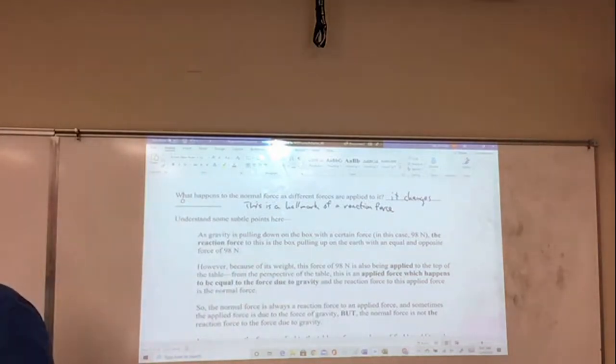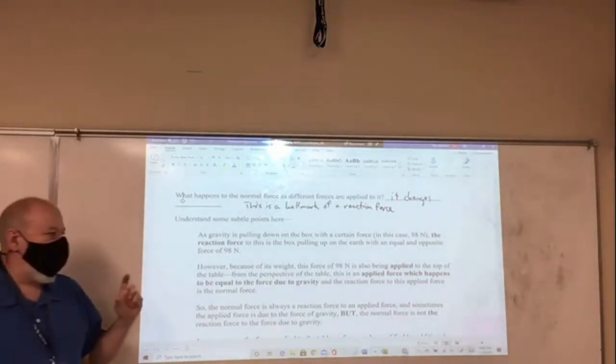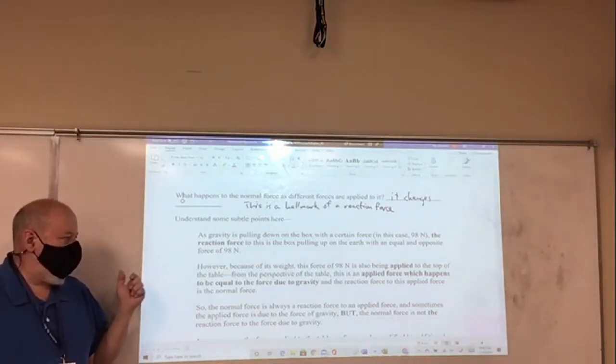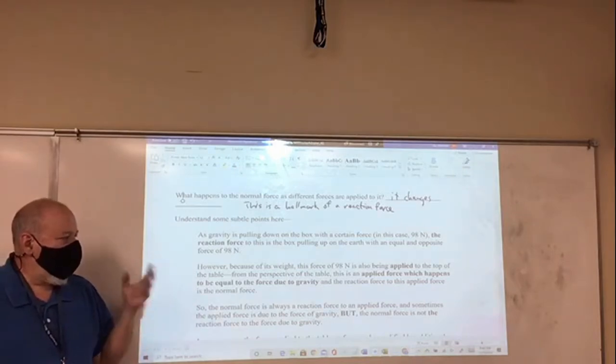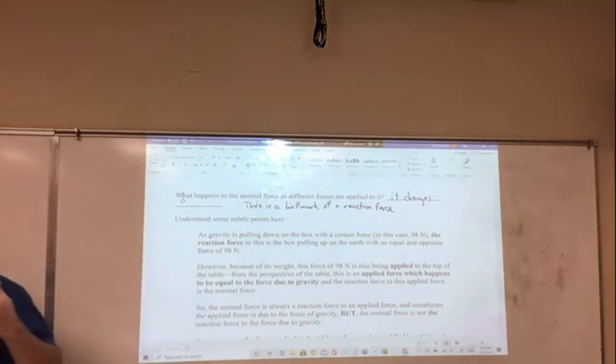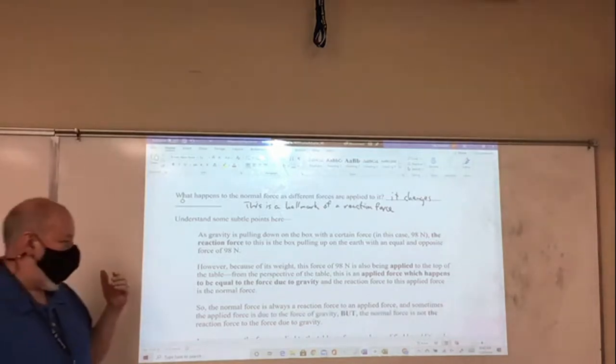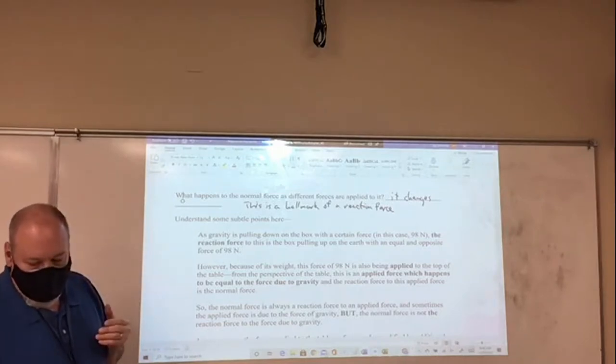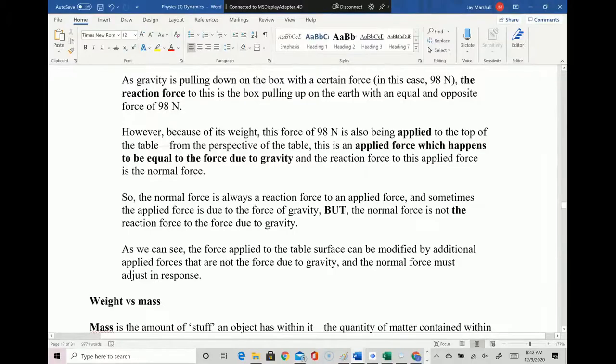So there's two different sets of forces here, right? They just happen to involve one of the same objects. Okay? One set of forces involves the box and the Earth. The other set of forces involves the box and the tabletop. So the normal force is always a reaction force to an applied force,